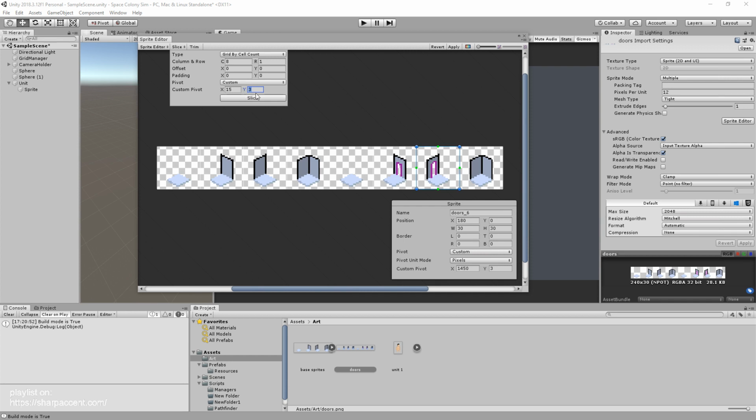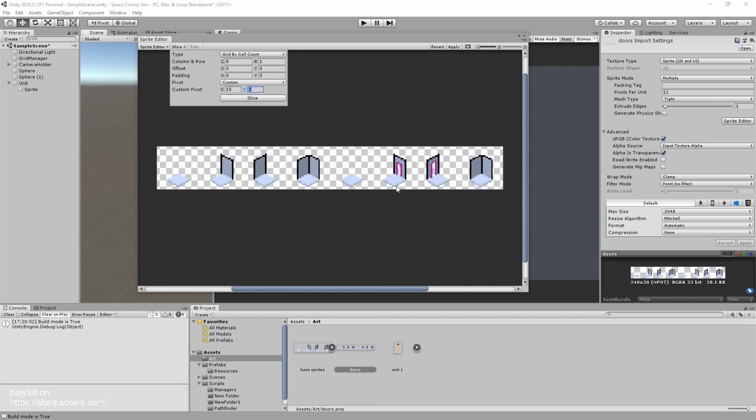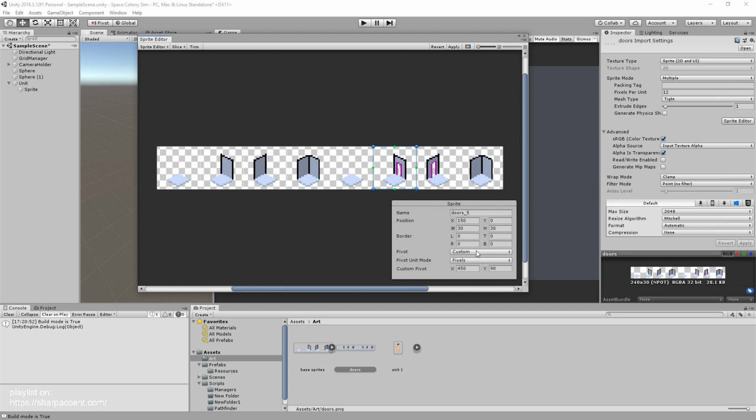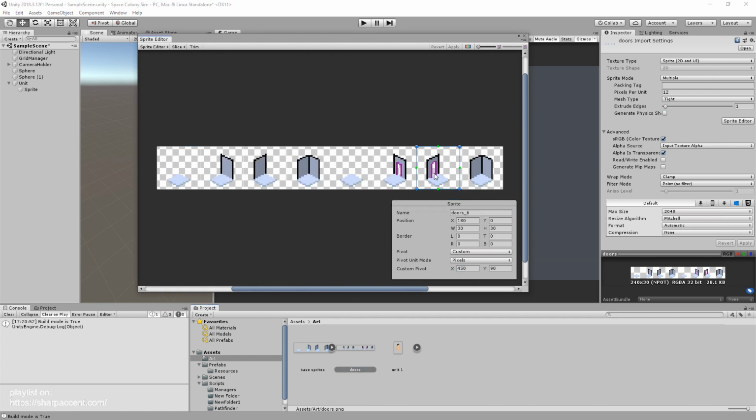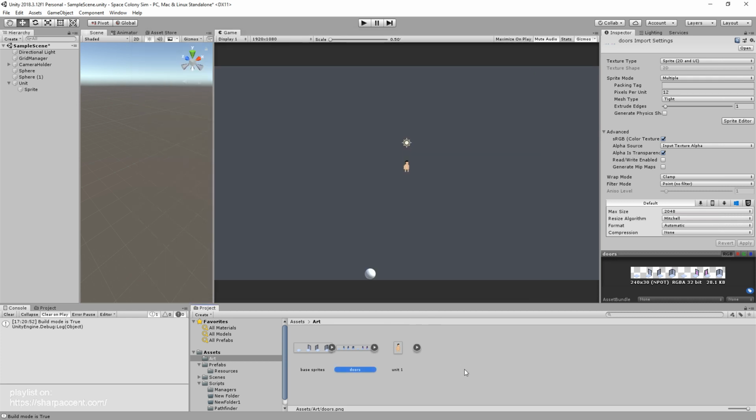They don't even have the pivot unit mode. Let's see what we had. It's 6 pixels, not 3. So 15 by 6. 15 by 6 again. Okay, and hit apply. So we have our 2 doors,